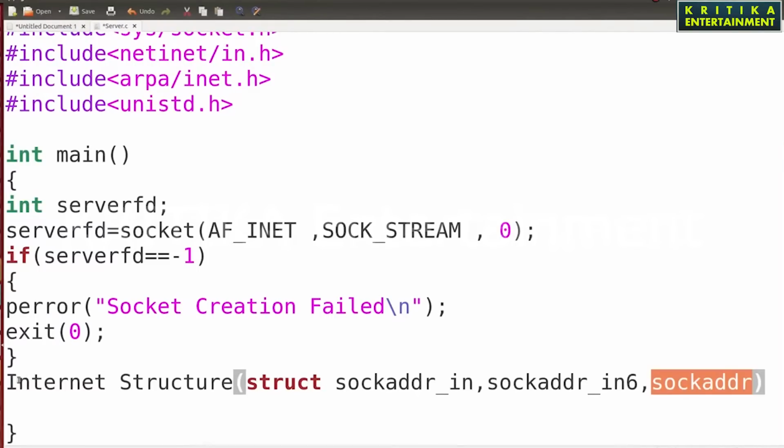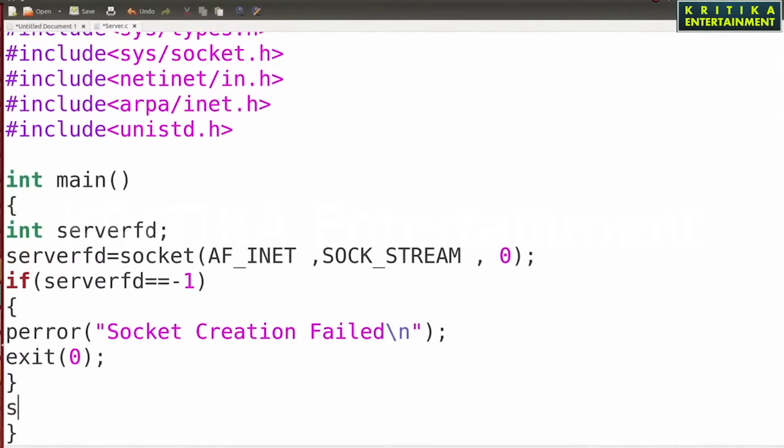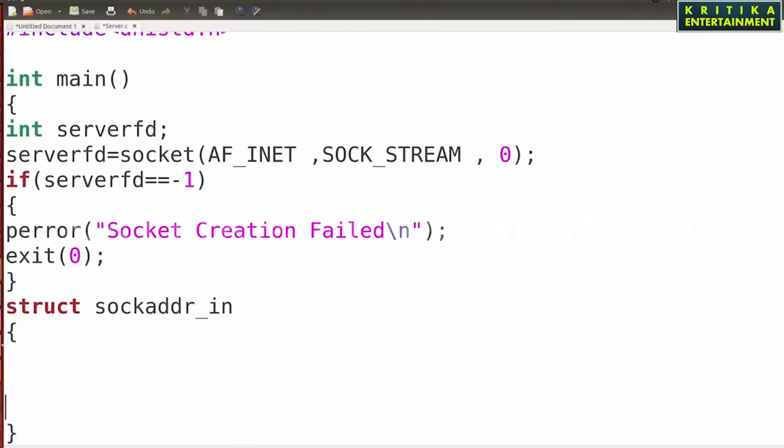Then you see how to declare the structure. It is a predefined structure, not something to declare yourself. I have only shown you struct sockaddr_in. The data it holds are: sin_port, which is a short, 2 bytes.